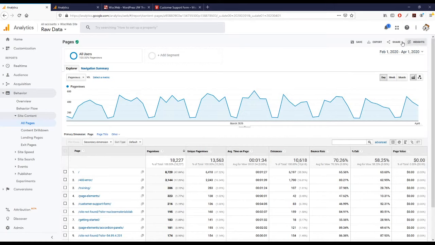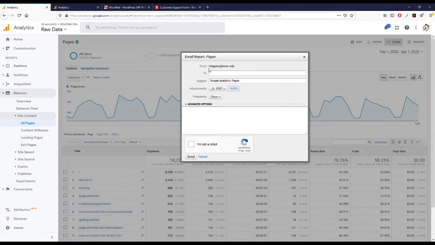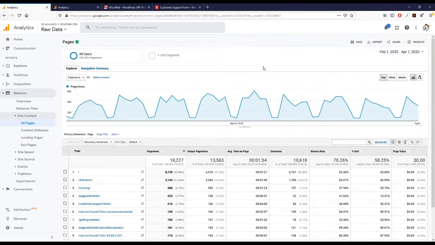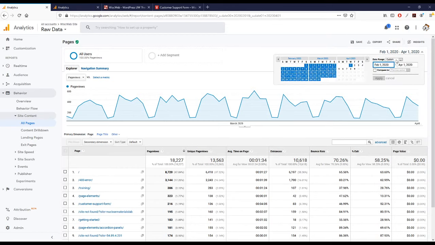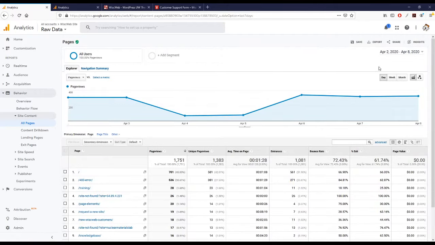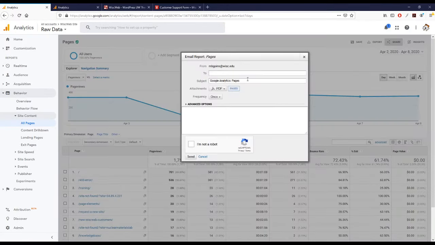I've never done that. Or I can share it via an email. And then the other nice thing about this is, if I wanted to, I could... This is where segments get into play, but I'm not going to get into that. So I'm going to go back to the last 7 days, hit apply. So this will always look at the last 7 days, and then I could send this report to someone on